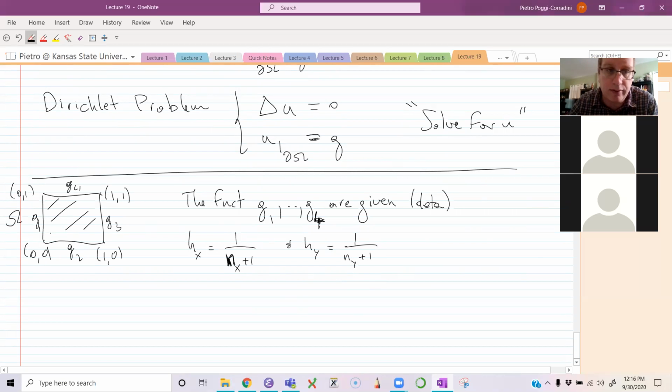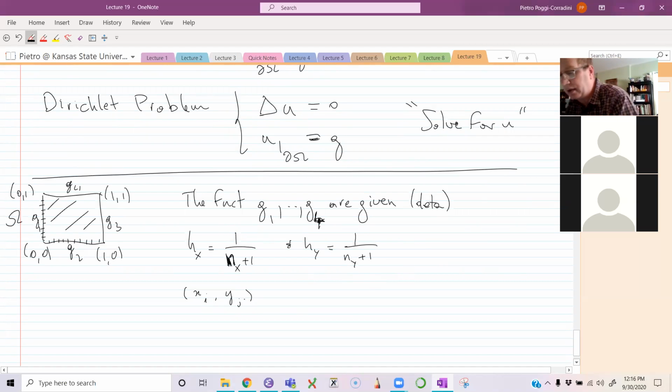So I'm allowing for maybe having different subdivisions here, although I don't see why you would do that if you have a square. But it's trying to imitate what we did in the previous example,